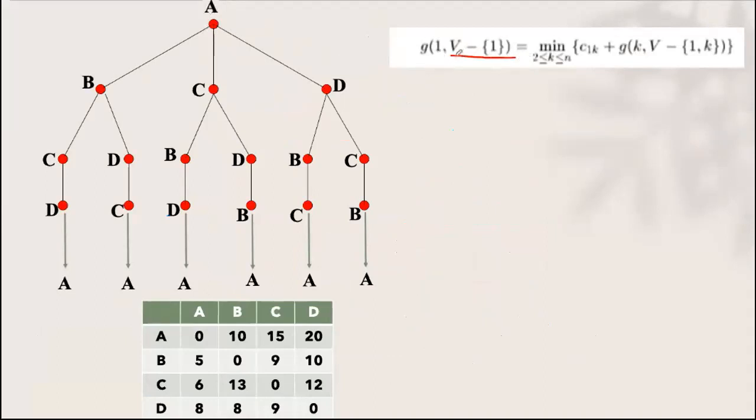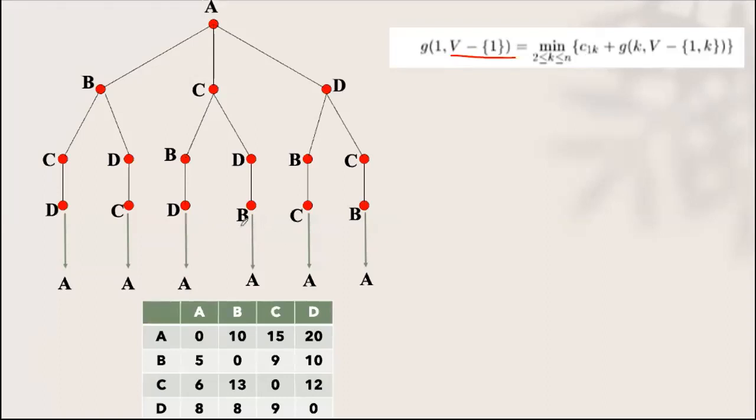Or if you take vertices 1, 2, 3, 4, 1 comma. That is, we are starting to find out the minimum cost. Totally, it is trying to find the minimal cost path from 1 to all other vertices and back to 1. That is, A to all other vertices and back to A. That is the minimum cost it is trying to find using this formula. I will apply this formula stage by stage, and by seeing the formula substitution you will understand the entire formula. First I will find it out from the bottom up, like we'll solve here.